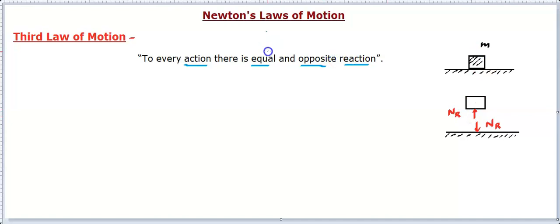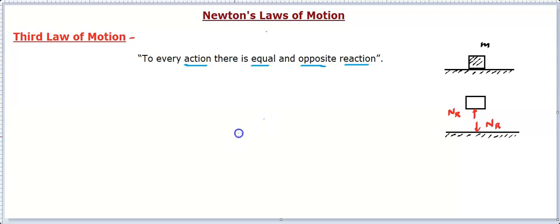And you must have understood other examples like the recoiling of a gun when it is being fired, because when the bullet comes out from a gun, the bullet is being pushed in the forward direction by the gun. So the bullet also pushes the gun but in the backward direction. Similarly, battle tanks recoil back, and there are so many things you can think of.